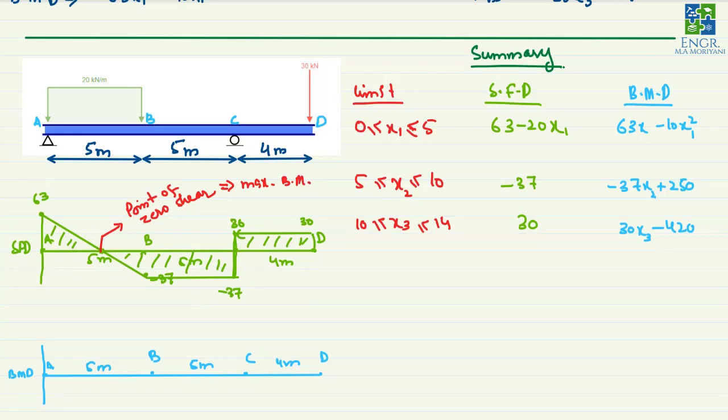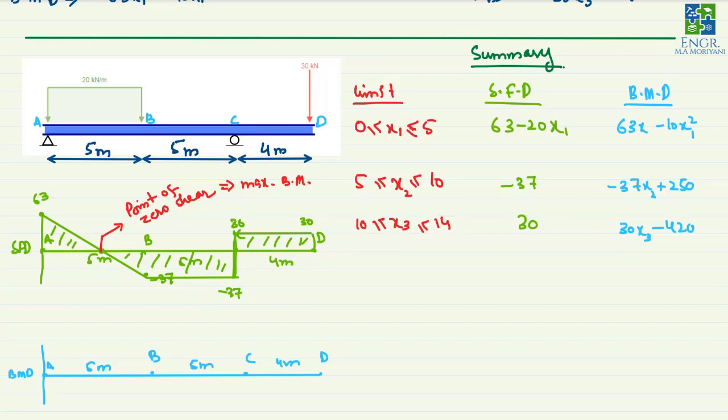Why is this true? Because we know that the shear force diagram is the derivative of the bending moment diagram, and when the derivative is equal to 0 for any curve, this shows that the curve is either at a maximum or a minimum. This we know from the knowledge of mathematics. So at this point there should be the maximum bending moment, but we need to determine the location of this point as well, because we do not know at what distance this point exists.